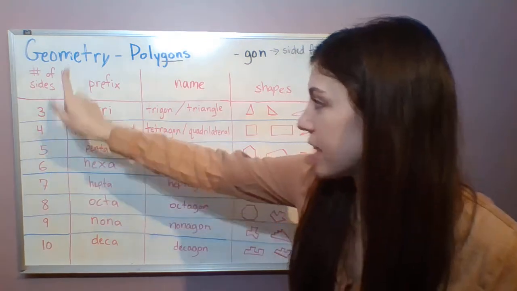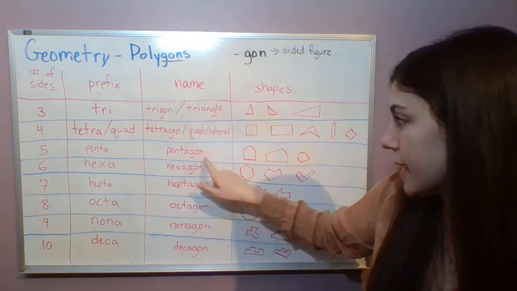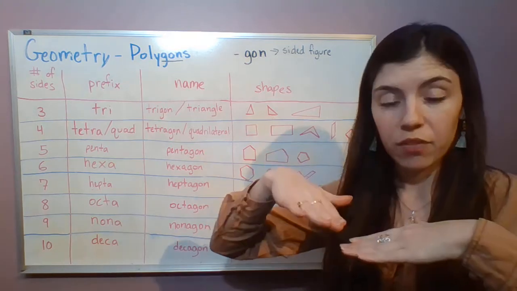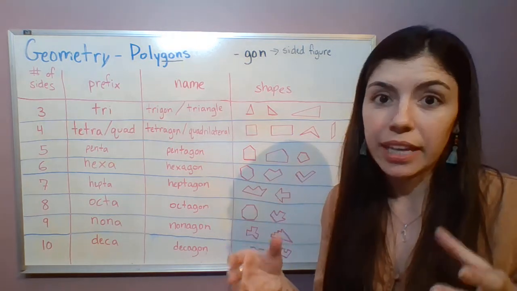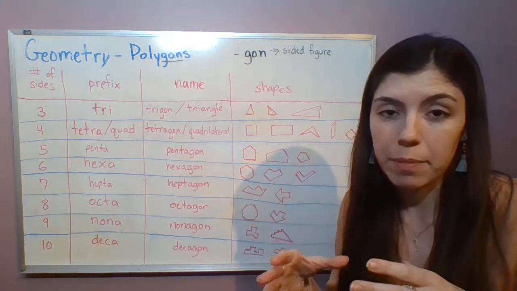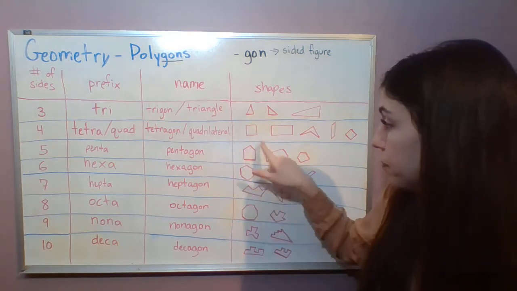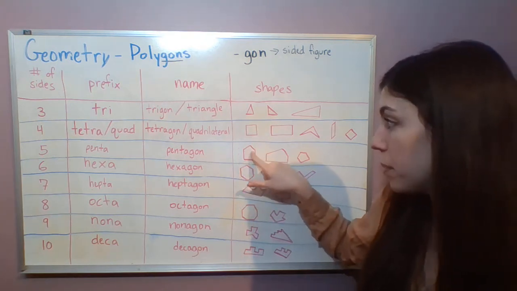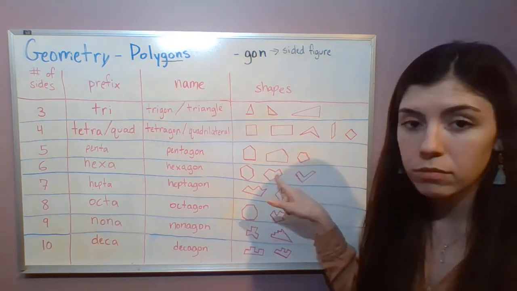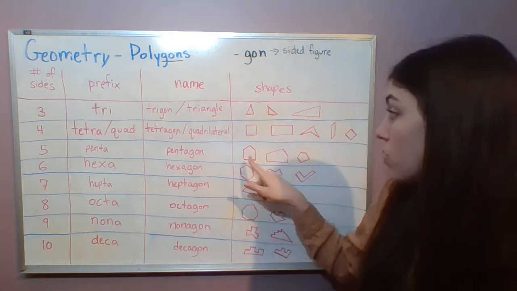And then we have our 5-sided. So we have penta. So penta combined with gon is a pentagon. So as you guys have probably heard of the Pentagon, the building, if you look at it from an aerial view, from a top view, the Pentagon building actually has this shape, a 5-sided shape of that building. So 1, 2, 3, 4, 5. This is going to be the most commonly drawn shape of the Pentagon or viewed shape. But any 5-sided polygon is a pentagon. So any of these other looking ones are also considered,